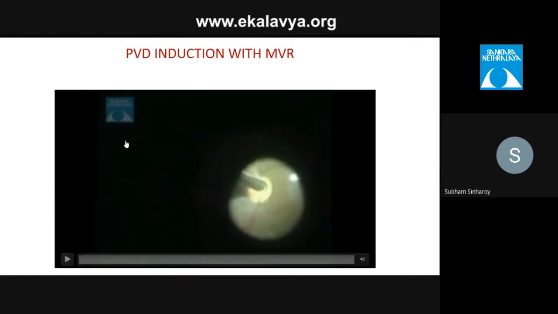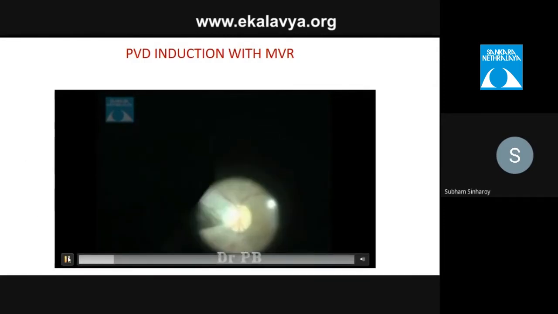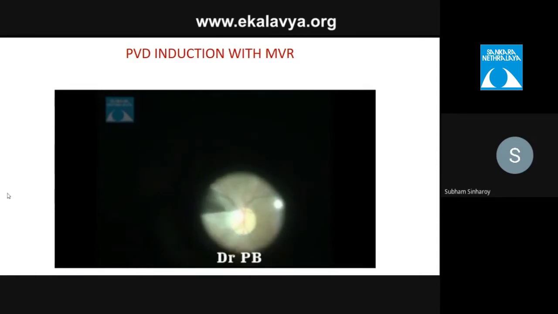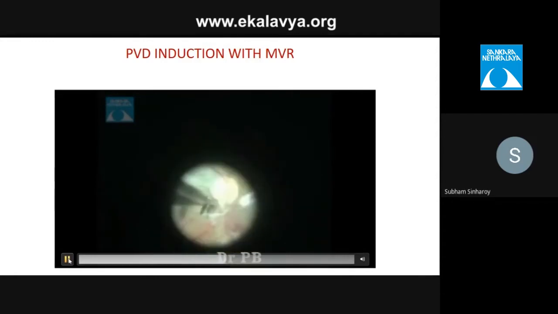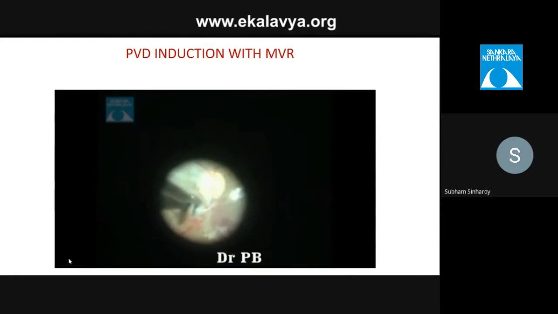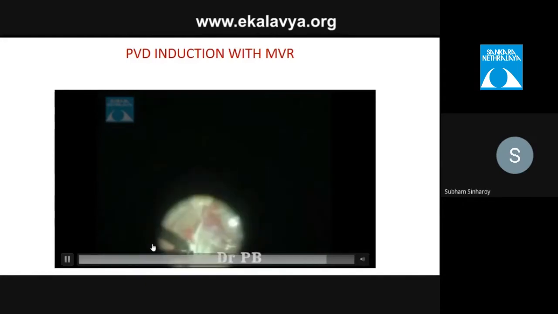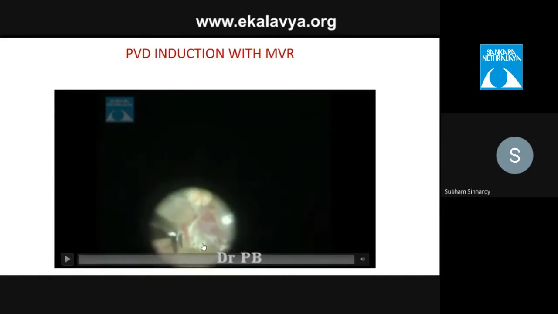This is another case, a 20 gauge vitrectomy, a PDR case where the vitreous was very adherent. It was not amenable to induction by a cutter. So you tried with the cutter, it was not coming. Then an MVR blade was used. You can see the MVR blade is used here just to give a nick to make an opening in the posterior hyaloid. And once the opening is made with the MVR blade, we are using a vertical scissor to lift the hyaloid face and cut the hyaloid just to get the plane. You can see the leaf over that face also. So here we have done the PVD induction. The surgeon has performed the PVD induction with the MVR blade.